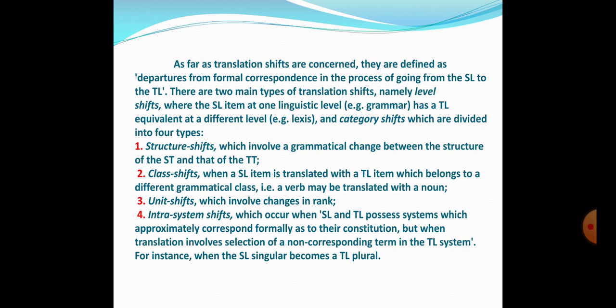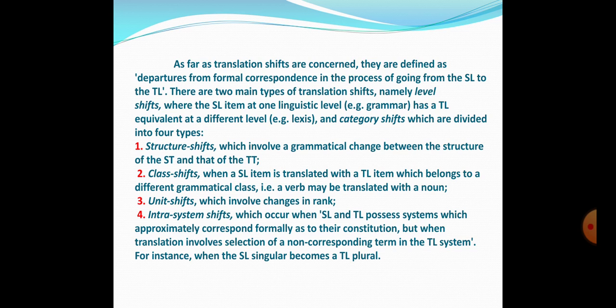There are two main types of translation shifts, namely level shifts, where a source language item at one linguistic level, for example grammar, has a target language equivalent at a different level, for example lexis, and category shifts, which are divided